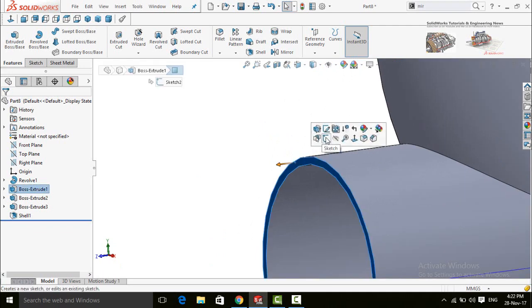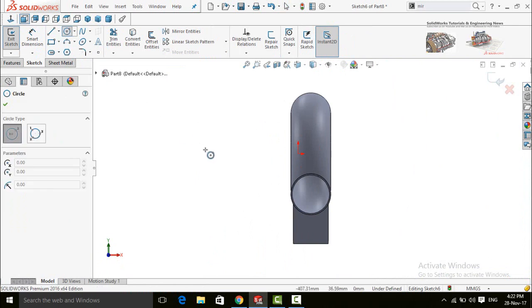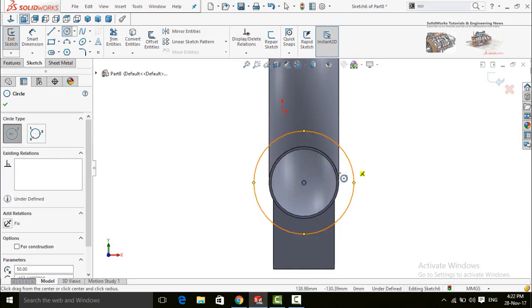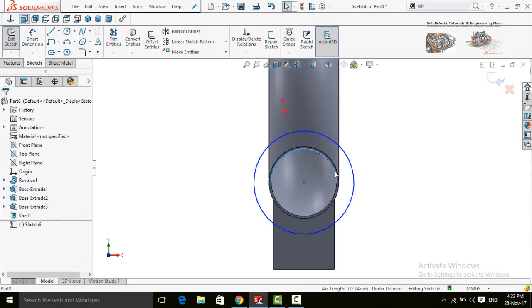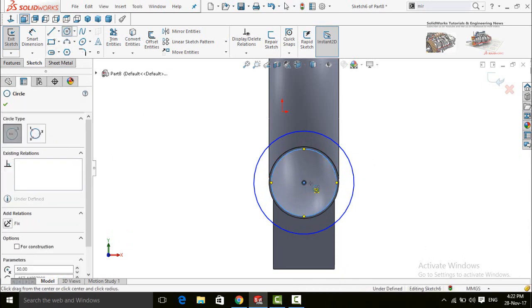Now click on this face, make normal to and draw circle. Draw another circle and one more circle.